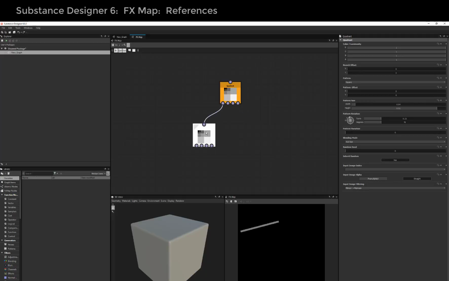Come back over to here, and this time I'm going to right click and say create reference. Now there's a reference. Now what a reference basically is, I'm going to connect it. You can see that it's a copy again. What a reference basically is, it's like what you would call in something like Maya an instance, where it's two things that refer to the same basic thing, and if you change it in either place, it's going to change